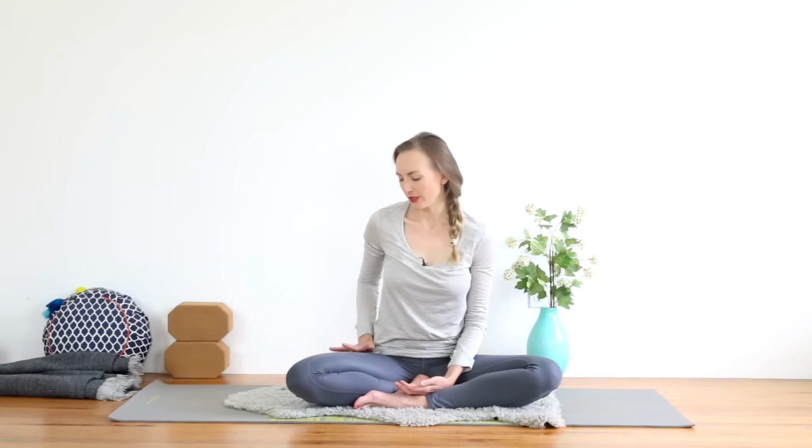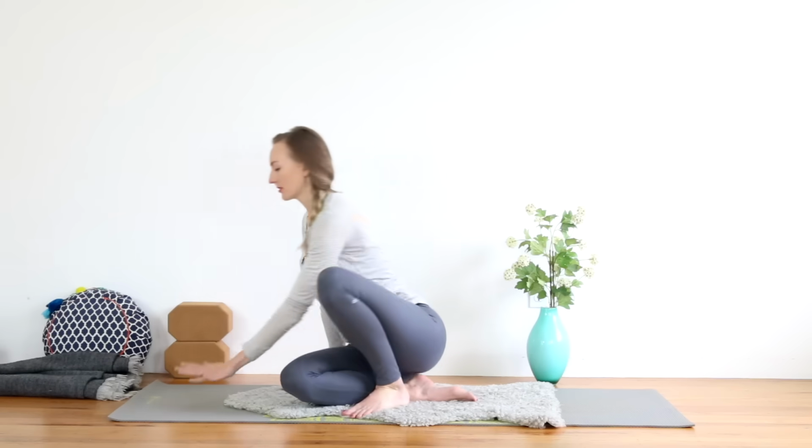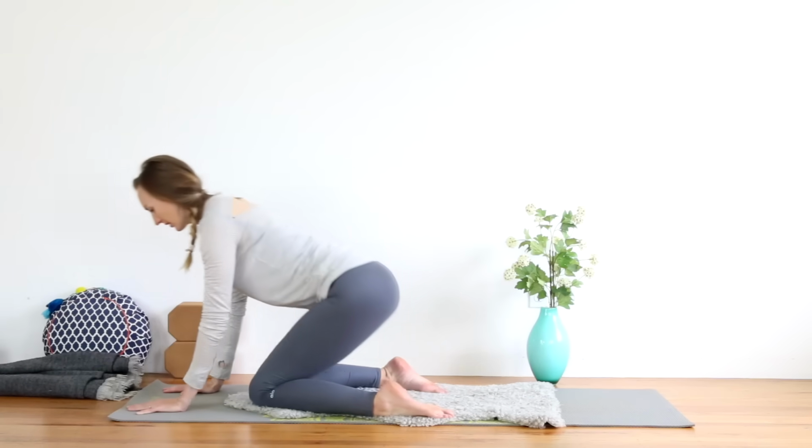And dip the chin, gently blink your eyes open. Setting up for our next posture. This one's a deep quad stretch. Again, if you have knee pain or knee sensitivity, proceed with caution and I'll show you some ways you can adjust. So in an ideal scenario, your seat is between your heels